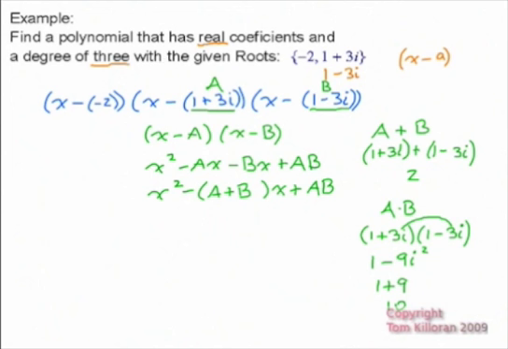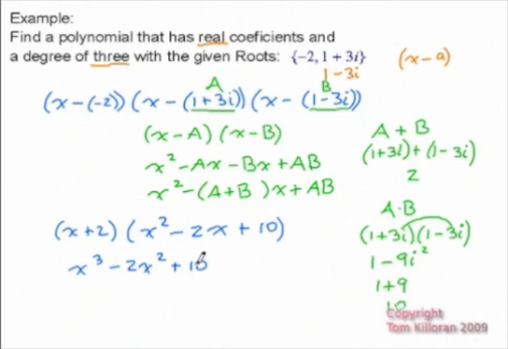So when I come back to the problem, I can rewrite it as x plus 2 times x squared minus a plus b, and a plus b was just 2, so we're going to get 2x, plus a times b, which was 10. And then we just have to multiply the rest of this out. So we're going to get x cubed minus 2x squared plus 10x plus 2x squared. Isn't that interesting? Minus 4x